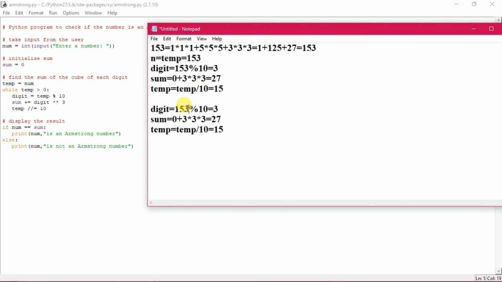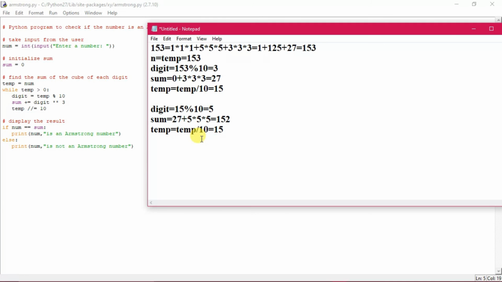Now instead of 153 it will be 15. When we divide by 10 and get the remainder, it is 5, and 5 will be cubed here. So 5 into 5 into 5 results in 125. Now the previous value of sum was 27, so it will result in 152.